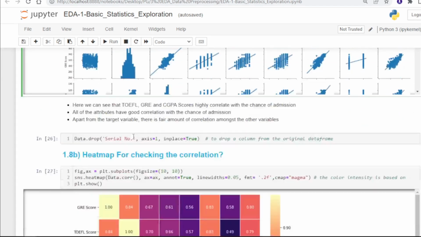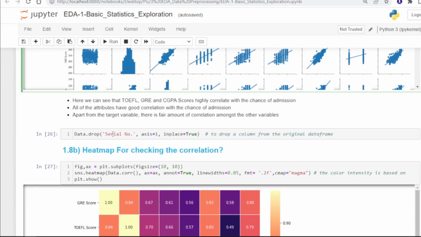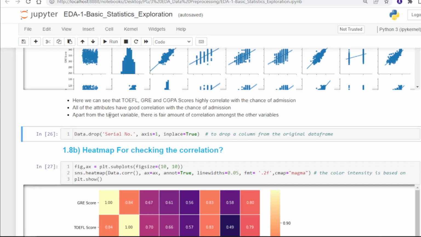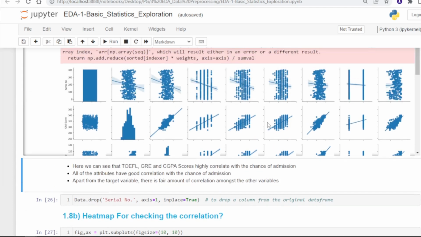Next, what it is describing is that here we can see TOEFL, GRE and CGPA scores are highly correlated with the chance of admission. If we take the GRE score, here we can say this is highly correlated with the chance of admission.